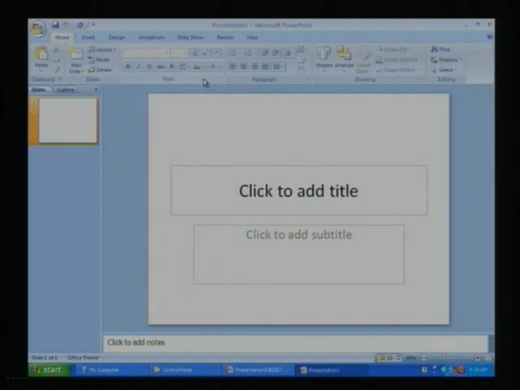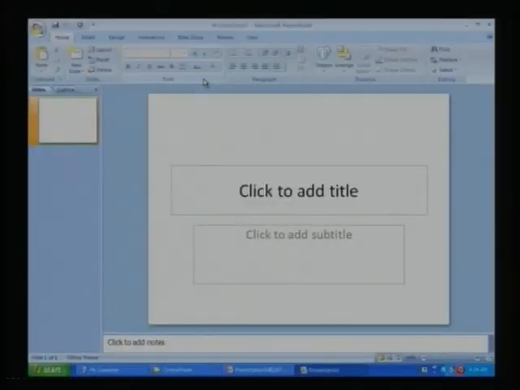Home, that is a basic tab. One more additional thing: if you are using the 2003 version of Microsoft PowerPoint, then the entire menu will come in a vertical manner. The content will be the same, but the location of the tasks will differ. So you have to be careful when you are preparing a presentation in Microsoft PowerPoint 2003. But when you are using the 2007 version, it will be more convenient, because all the content will be live on your menu bar, below the menu bar.